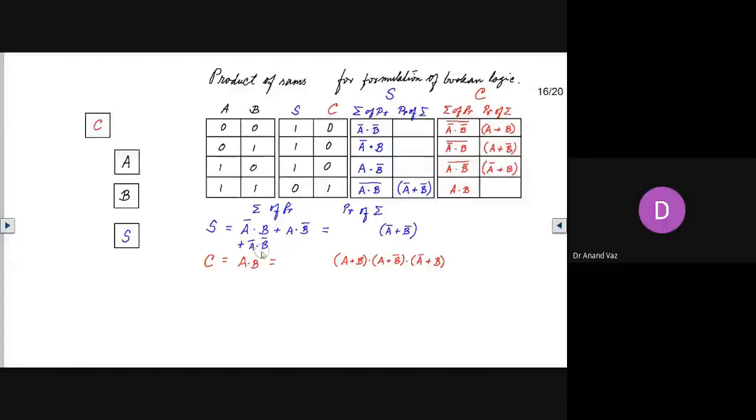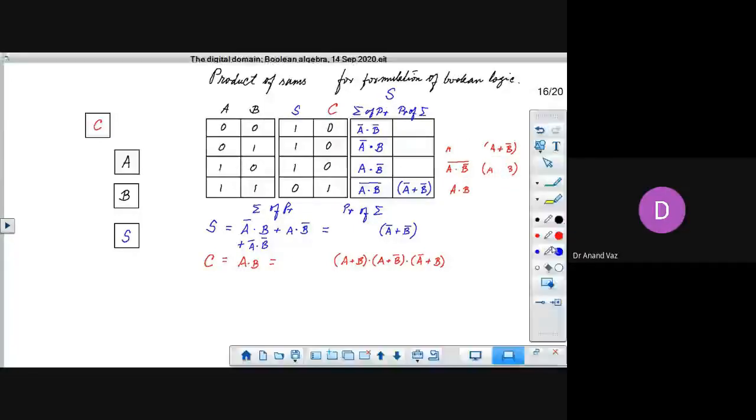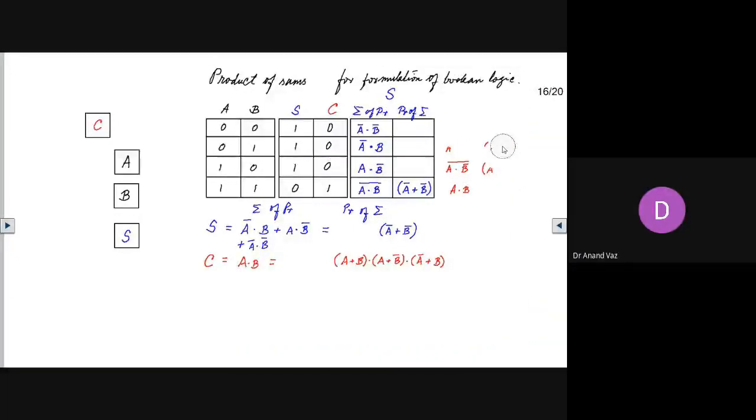You have more number of operations when you do the sum of products, but you have less number of operations when you do product of sums. So this part I am deleting because I don't want it to create confusion in your mind. I hope it's clear to you now.